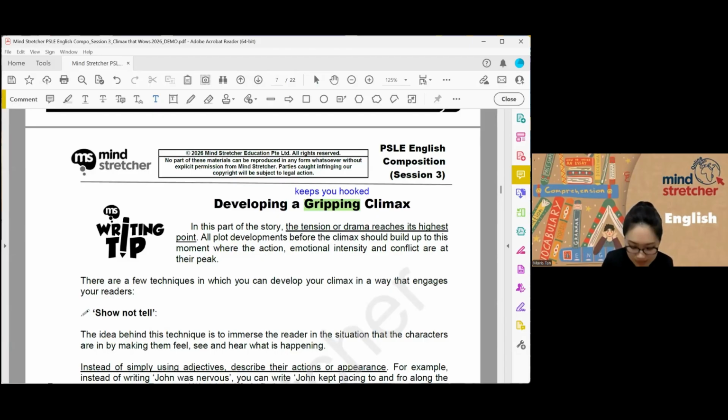It keeps the reader hooked, which means there is some form of suspense. That's why just now I said the truth will be revealed somewhere at the end of the climax. Because in the whole climax, we're just trying to fight the lie or the truth, which will win. And we don't know. So which will win? There's suspense, right? And only towards the end of the climax or the start of the falling action do you release the suspense and you go, here's the truth. Okay? So a gripping climax involves some form of suspense.